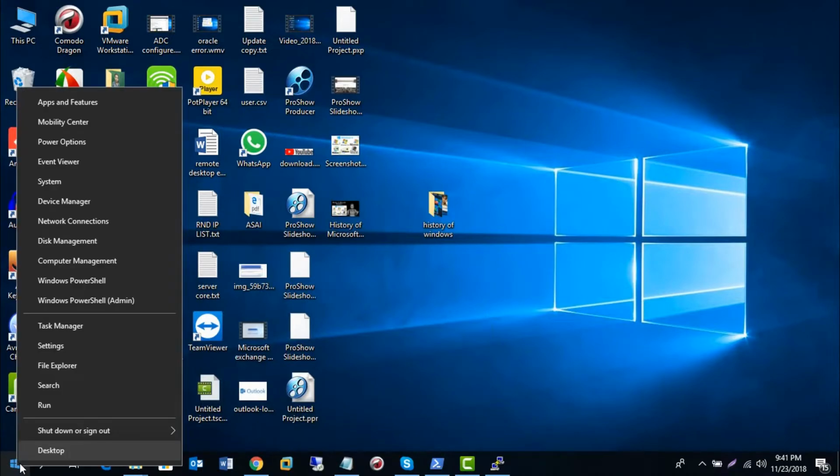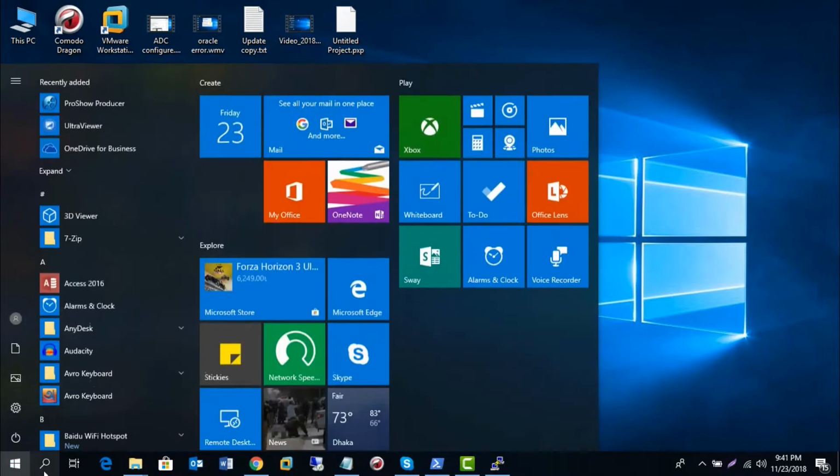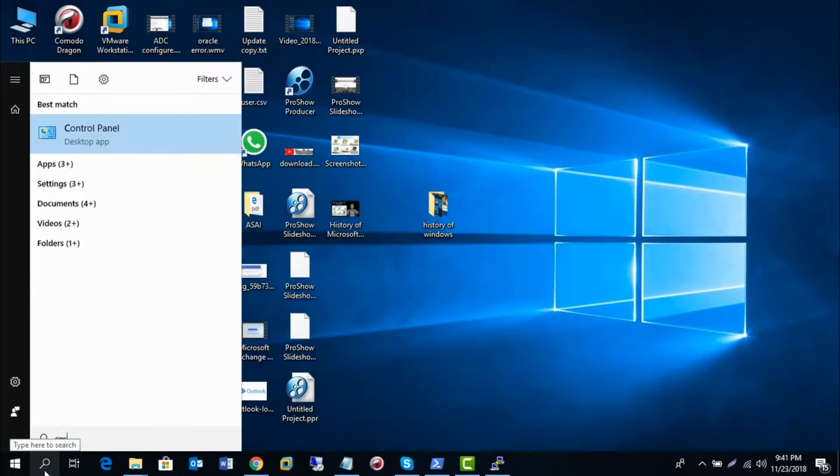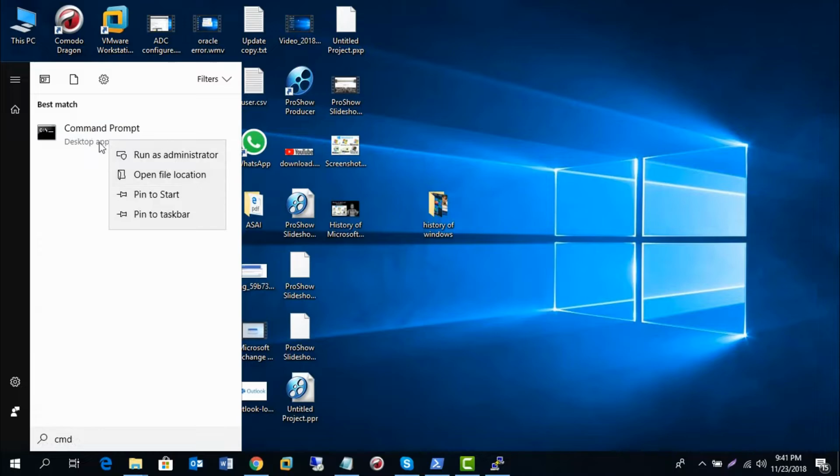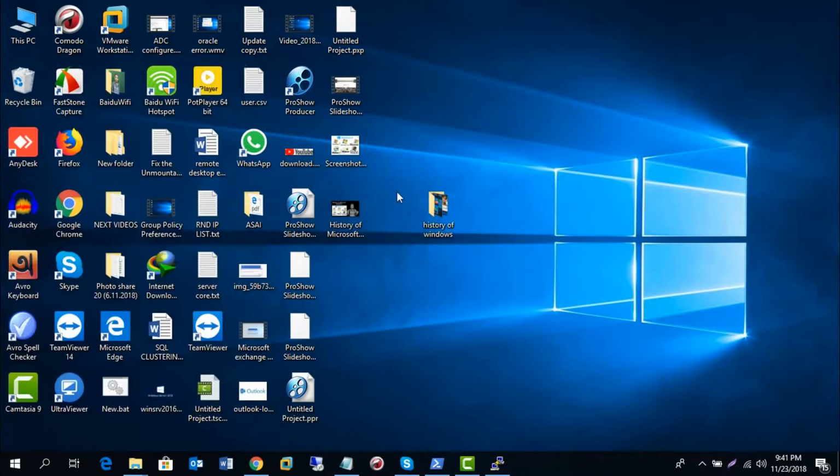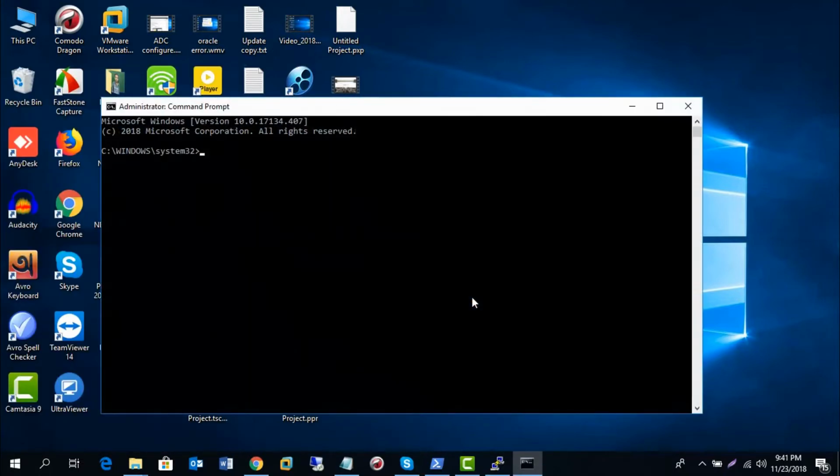First I open cmd, search for cmd and run as administrator. Yes, now I type disk